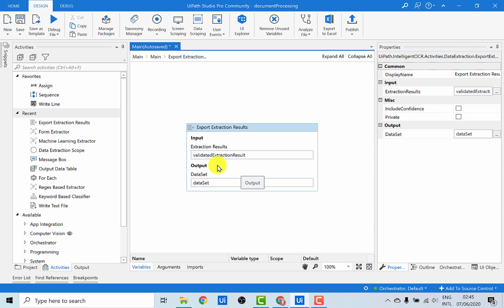The reason we cannot directly use the validated extraction result is that this particular variable consists of a lot of information. It's not just the extracted fields that you wanted to extract from the document, but along with that, you also get various attributes from the document object model. For example, the number of pages, the size of the document, or the type of the document. But since we are not interested in all this information, we would just be using this export extraction result to extract the data tables out of this validated extraction result. The dataset is nothing but a set of all the data tables. And in order to view what is inside this data table, we'll use a for each loop and print it